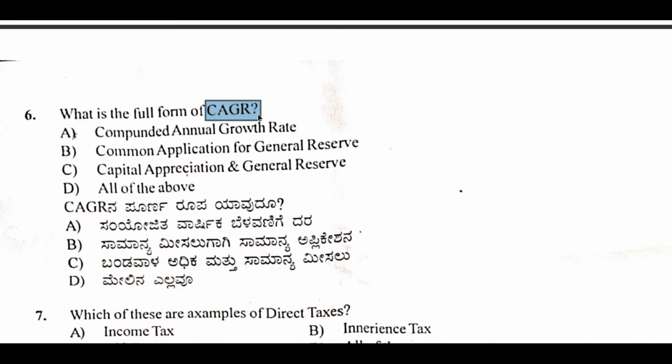So the full form of CAGR is compound annual growth rate, and this compound annual growth rate means the annual growth rate of an investment over a specific period of time longer than 1 year. It should be longer than 1 year, and it represent one of the most accurate way to calculate and determine the return for individual assets, investment portfolios, and anything that can rise or fall in value over a time.